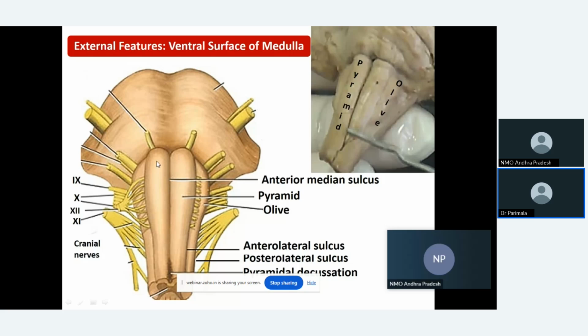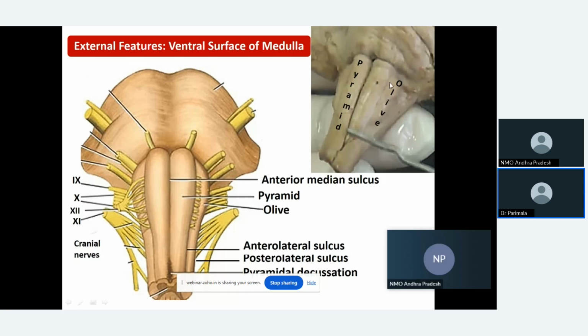So the anterior view of the medulla presents with a median fissure, which is extension of the median fissure of the spinal cord. On either side of this fissure, we have 2 bulges called as pyramids. These pyramids are formed by the aggregation of or compacted corticospinal fibers. The pyramid is nothing but the condensed pyramidal tract. Then lateral to the pyramid, this bulge is called as olive, and further lateral is called inferior cerebellar peduncle.